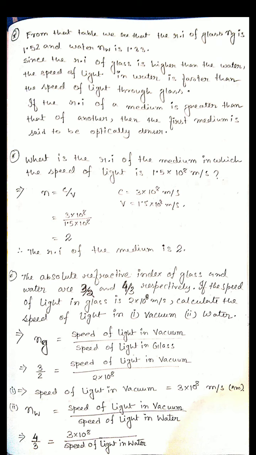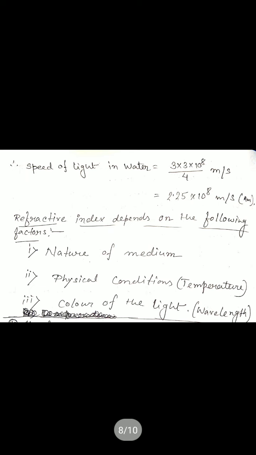So from here if we calculate it, we get the speed of light in water is 2.25 × 10^8 meter per second. And from here you see that the speed of light in water is lesser than the speed of light in air. That's why we conclude that in an air medium or in a vacuum medium, the speed of light is maximum. You never get any velocity through any other medium greater than 3 × 10^8 meter per second. It will be maximum.